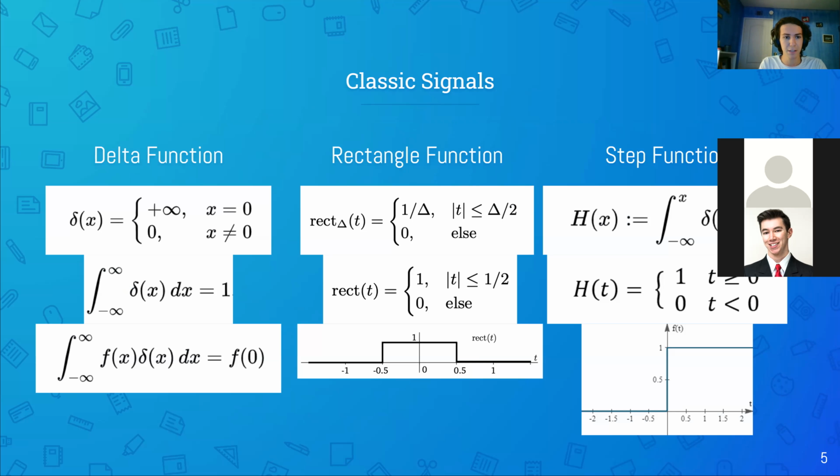Just some classic signals here. One of the most important ones that you first see in this course is the delta function, which is sort of this weird function that's defined as 0 when x is not 0, and then infinity when x is 0. And it's more importantly defined such that the integral of it, so it's the overall area that it encompasses, is 1. If you think about that, it's sort of like an energy signal,